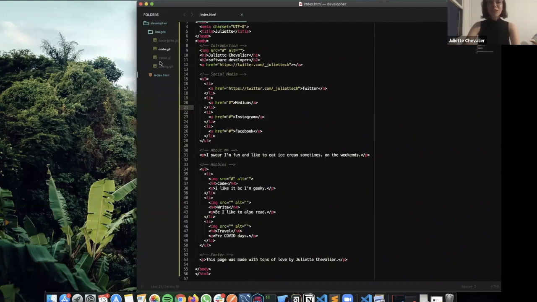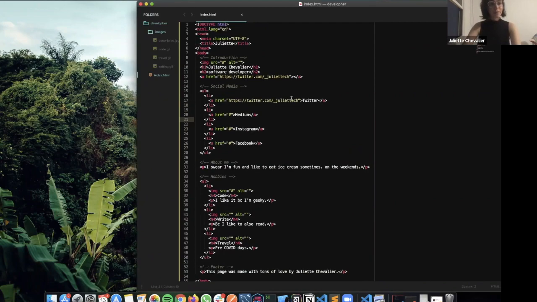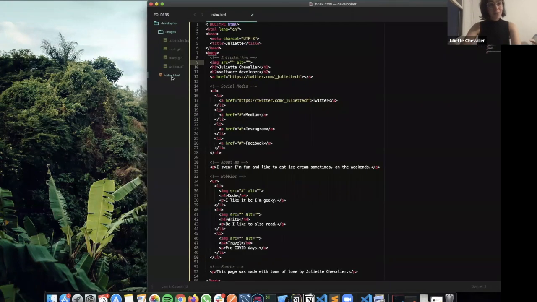Now, just because my babies are there, doesn't mean my browser knows where to put them. So that means that I gotta go into my source and I gotta find them. How do I get from here, which is where I am, right? It's where I'm coding. So how do I get from here up until here? And the answer is paths, okay?